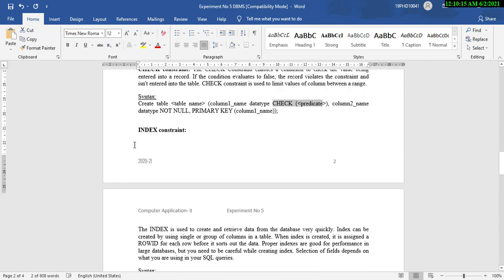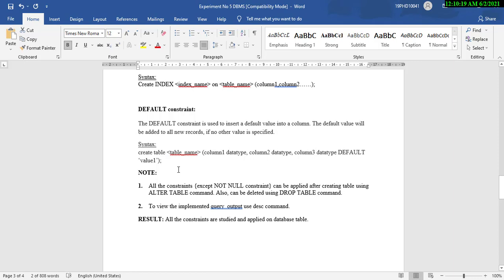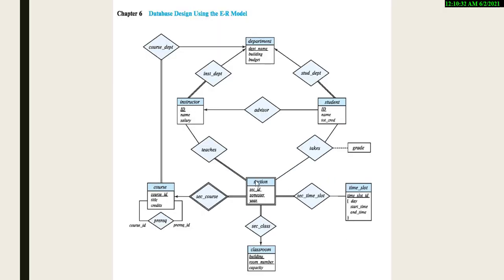Index is the constraint that we are going to see in the 7th practical. So in the default constraint you can use some default value to get entered into the column. Now I am going to declare a new table named section, in which section id, semester and year are there.